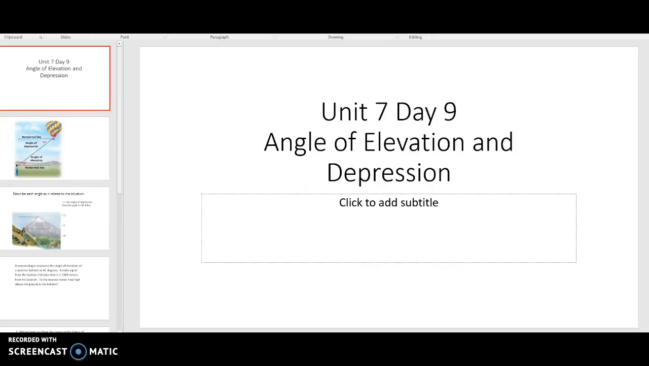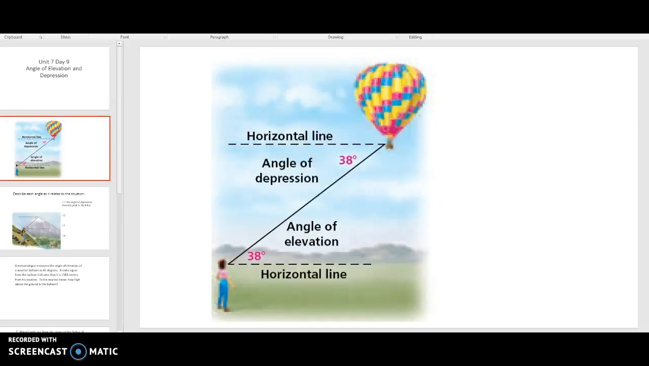Trig is used to basically measure things we cannot measure with a ruler, such as the height of a mountain, how high an airplane is, how far away something is. And it's used a lot. So, two things we talk about in geometry with trigonometry is this concept of angle of